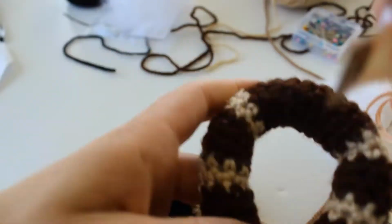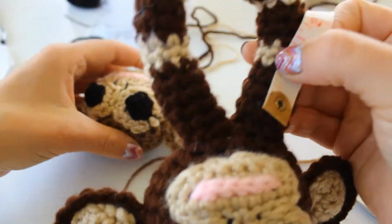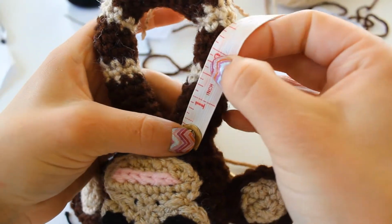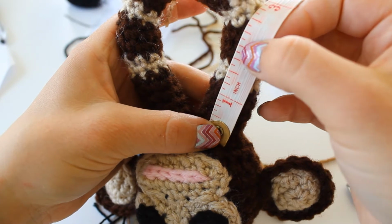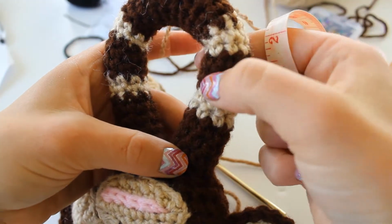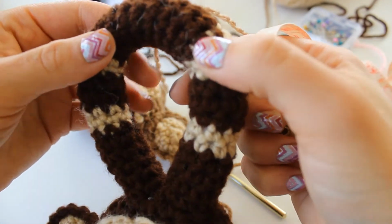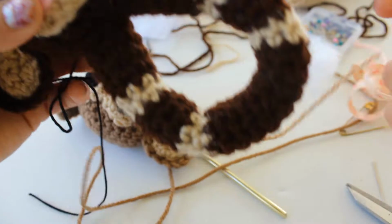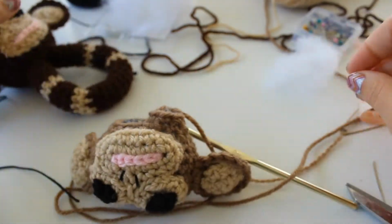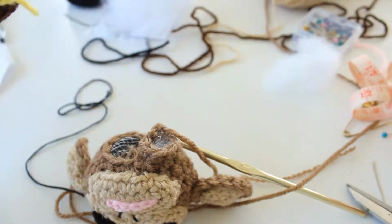you are going to crochet in your dark brown color for about 1.25 inches. And then you're going to change over to the lighter color, and then we're going to do the darker color again, and then keep going like that. So go ahead and, like I said, crochet for about 1.25 inches, and I will see you in just a